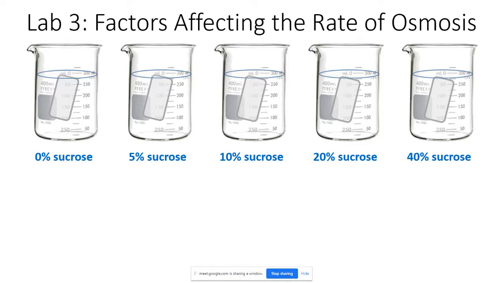So inside the bag, you have increasing concentrations of sugar. And what we're looking at is to see, does the concentration of the sugar speed up the rate of the osmosis? Does it slow it down, or does it do nothing? Those are your three options. Will the concentration of the solute affect how fast or the rate of osmosis? So when you look at your results then,